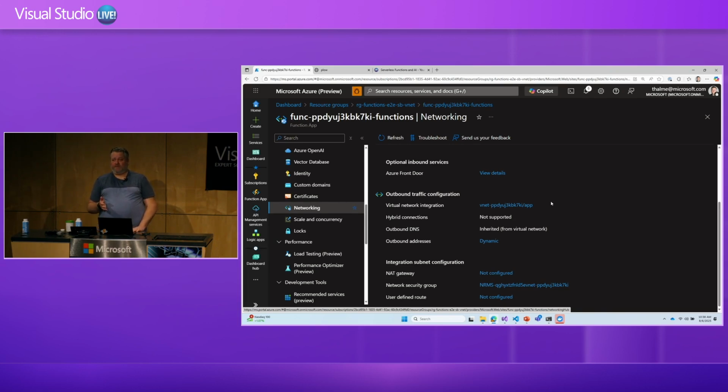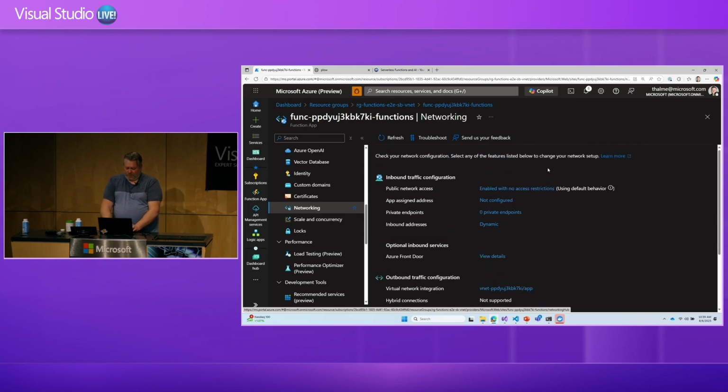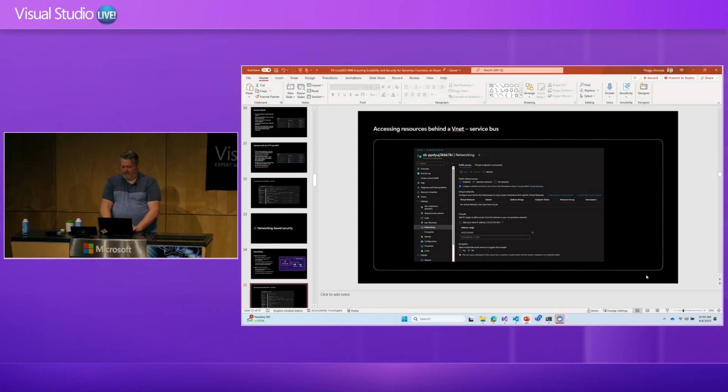Another cool thing about flex consumption is that each instance of the app doesn't use one IP address from your subnet. They share IP addresses there. So even for an app that will scale to 1,000, you can still have a somewhat small subnet size around 40 IP addresses or so to handle all of those instances that are going through the same gateway out to make calls there, which is pretty cool. It's a little different from the premium plan and app service plan, where as the app scales, each instance takes one whole IP address from your subnet. Cool. So that's a super quick overview of networking and how you would configure that.